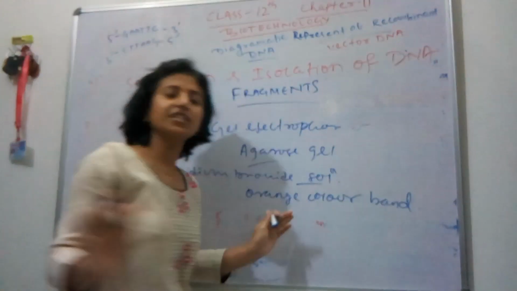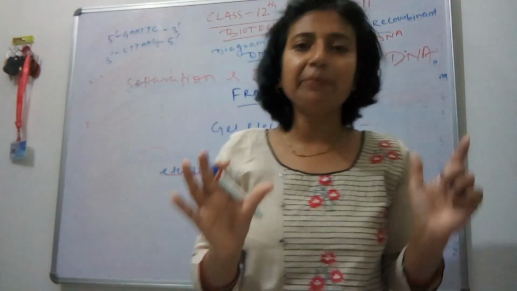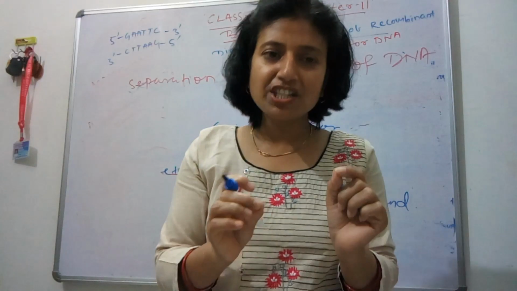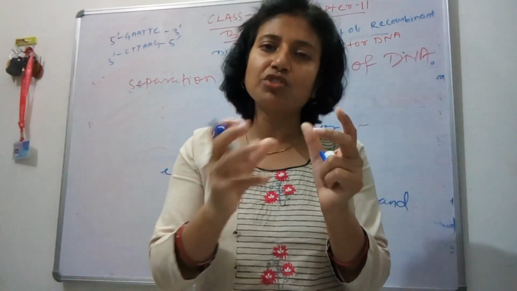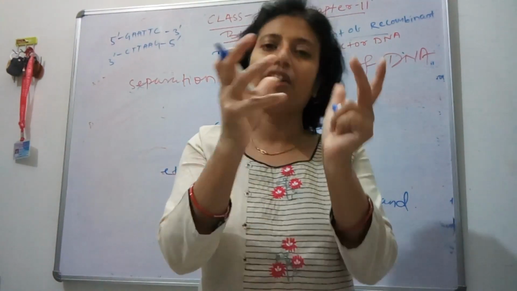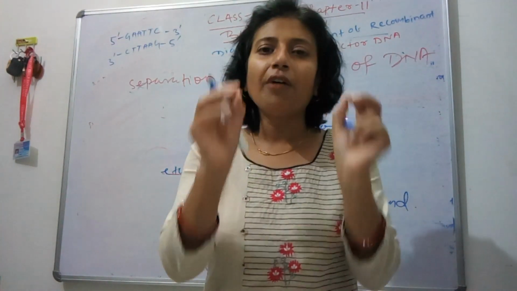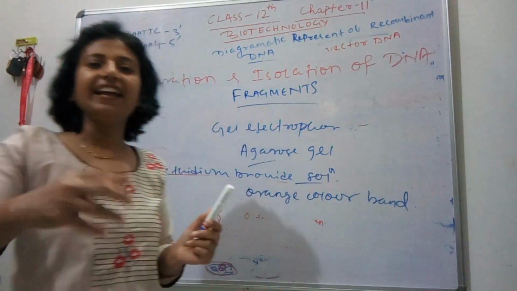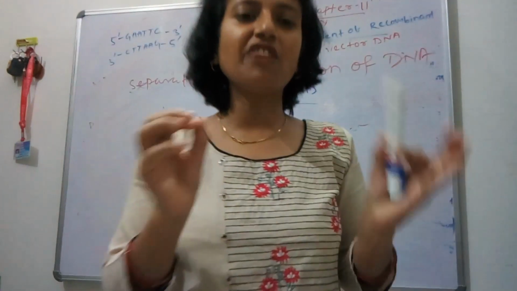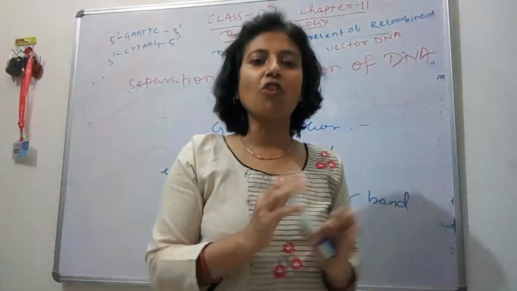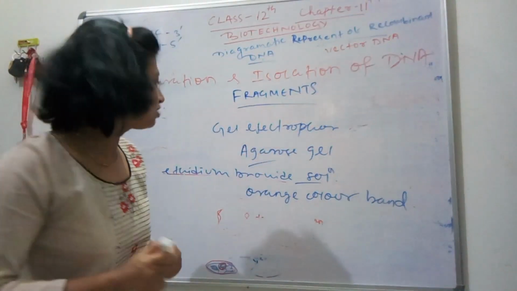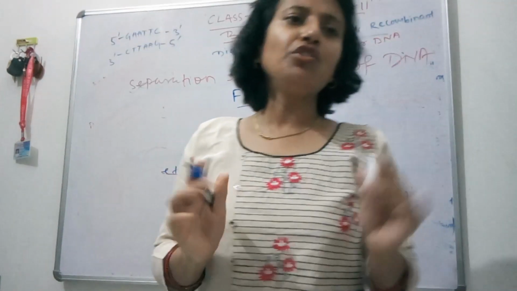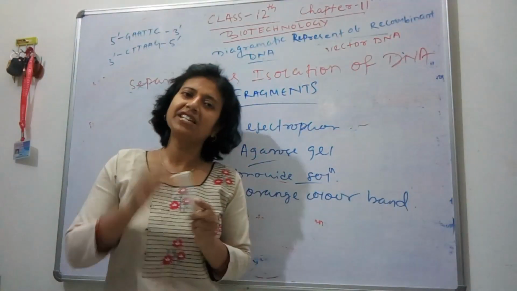Remember, without staining we cannot see the DNA fragments. So the DNA fragments are put in ethidium bromide solution, and when exposed to UV radiation or UV light, it shows orange color bands, and this DNA is again extracted, and this process of DNA extraction is called elution. So for today this is all about separation and isolation of DNA fragments. Again I will repeat